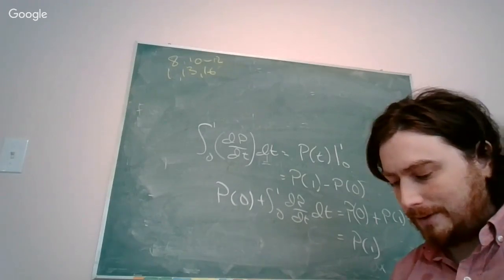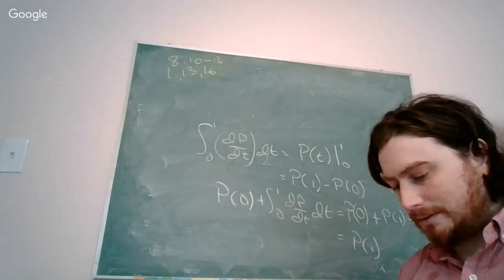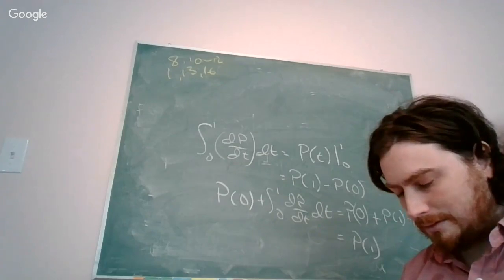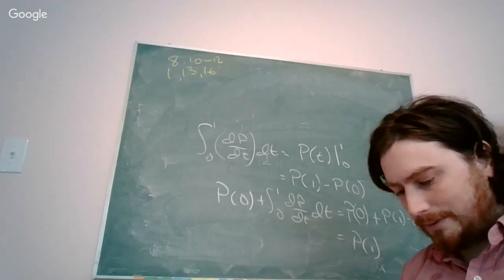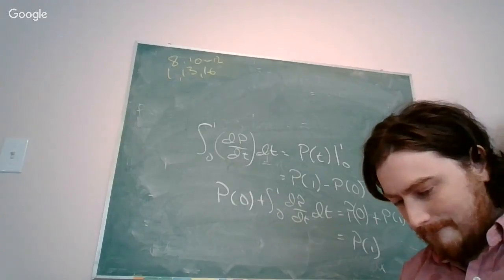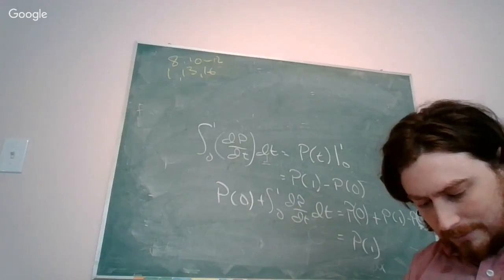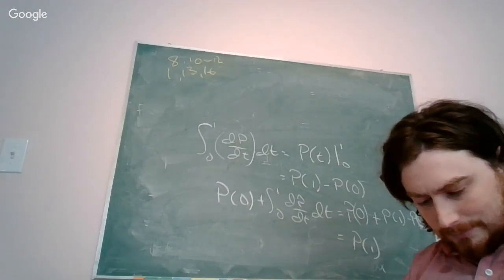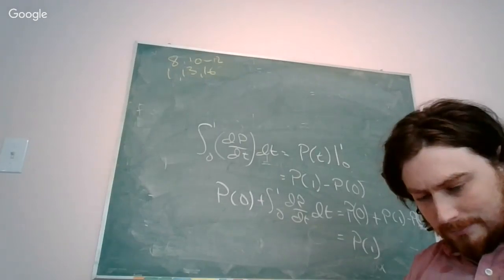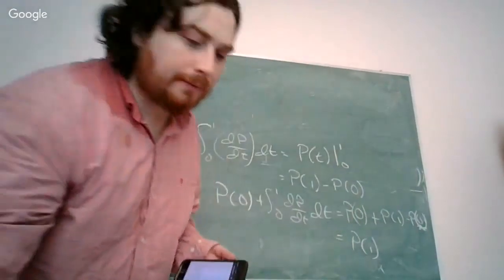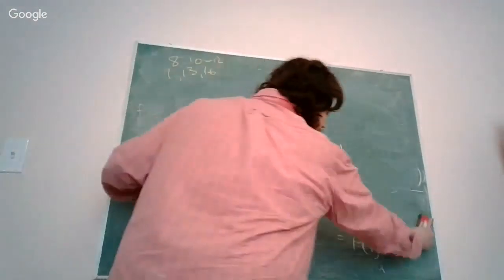Number 25 of the sample final. Is there a 25 on the sample final? Or do you mean the final review? I think here it's number 25 of the final review, not the sample final, was something like: